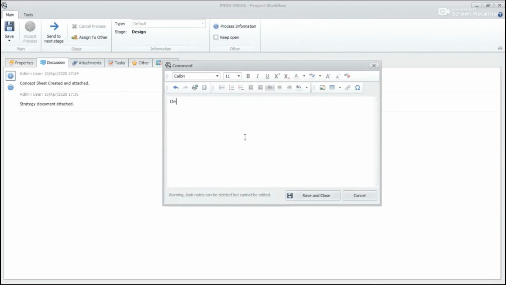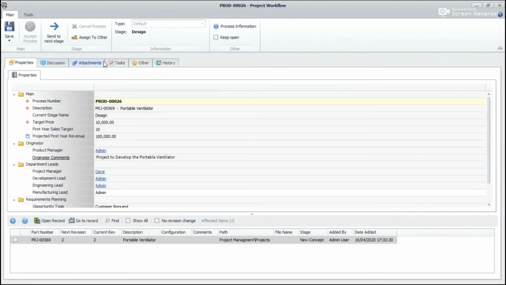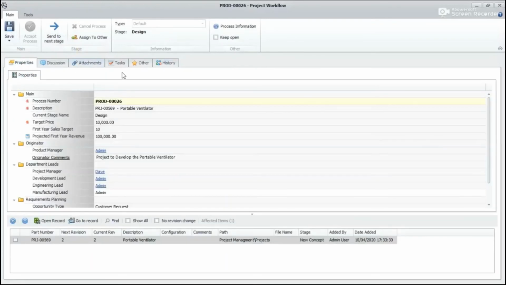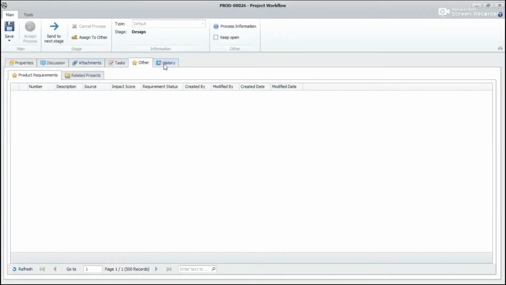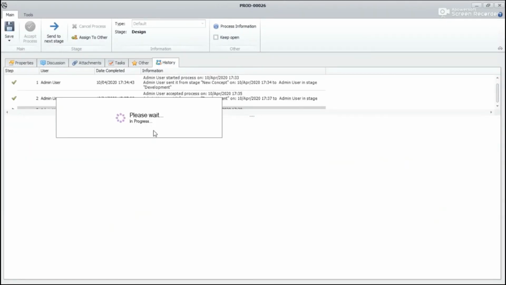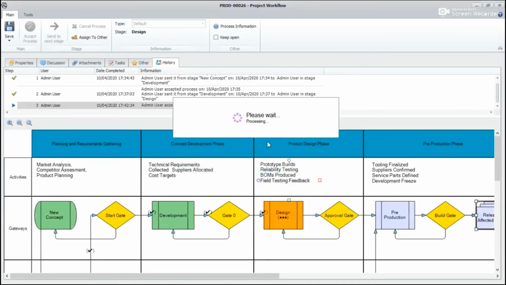So once this is done, we'll give a comment card that this is completed. So now you can see these are the various phases of the project. Now we'll click it and send it to next stage.